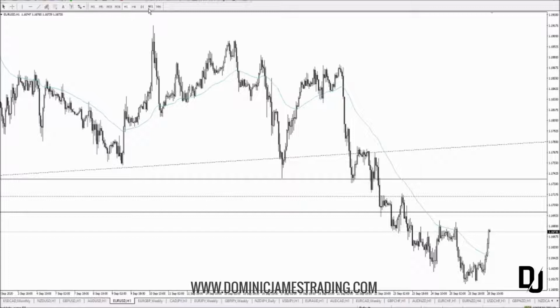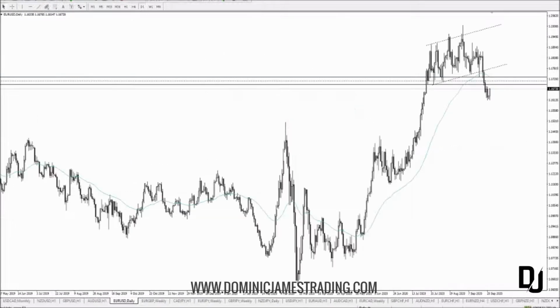But at the moment I just want to draw your attention to this level. I'll put it on your screen so you can put it on your own charts if you wish to trade this pair. Let's move on to